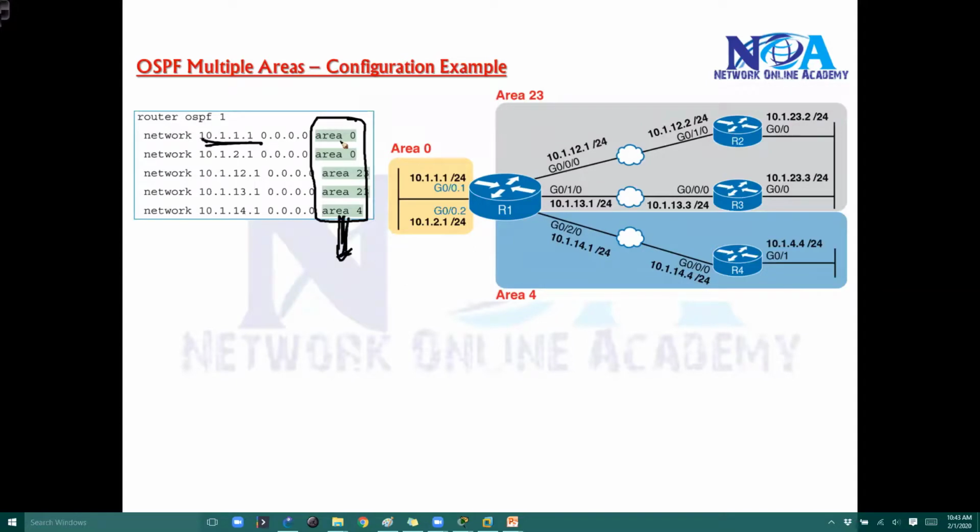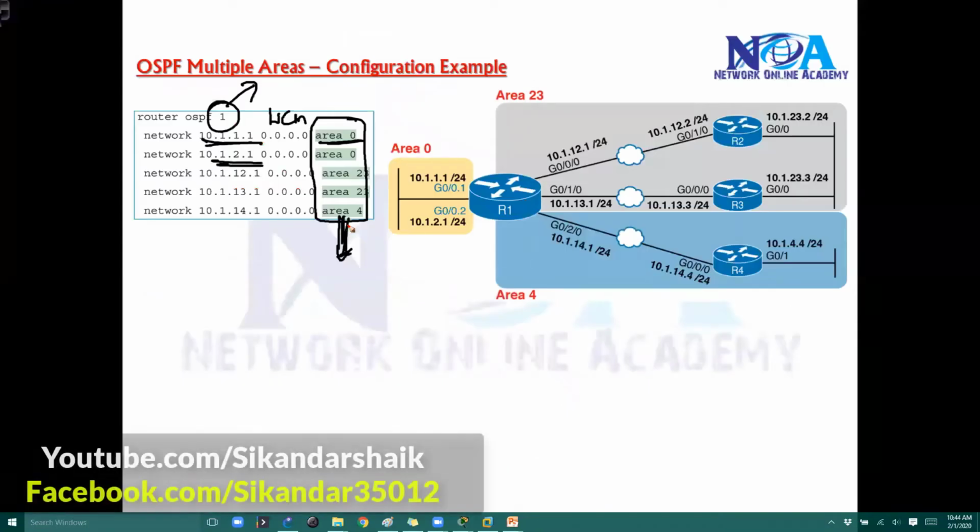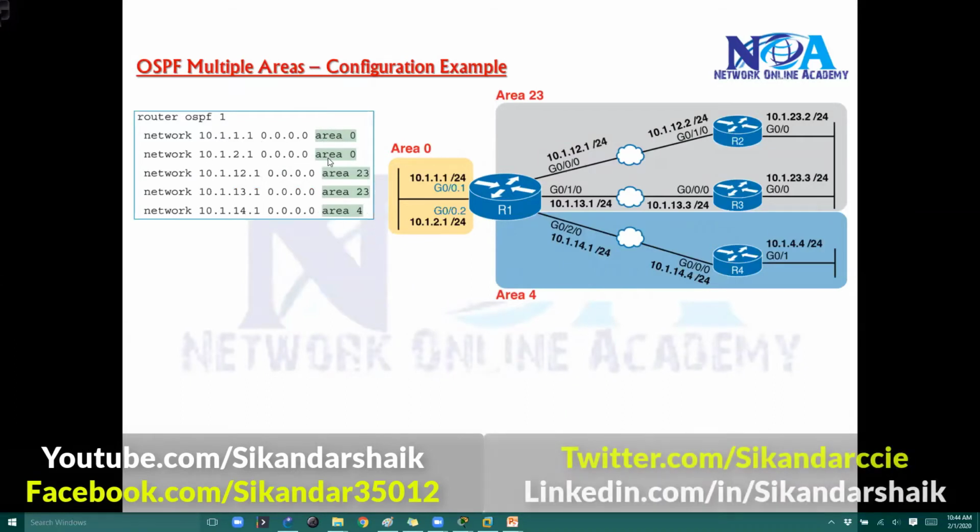That is, which area that particular interface goes in. The rest of the things remain the same: the wildcard mask and the process ID. The interface goes in which area as per the design. Like I said, the interfaces facing towards the branch office will be in area 20, let's say, and the interface facing towards the core will be in area 0. This router is a border router because it is connecting to multiple areas. So in terms of advertisements, no changes. The only thing you need to define is which area that particular interface comes in as per your network design.